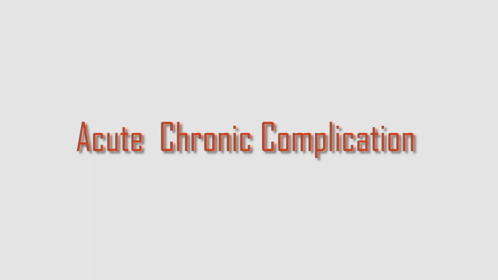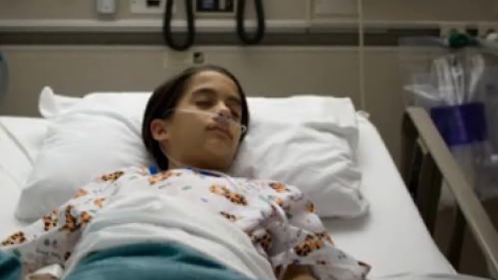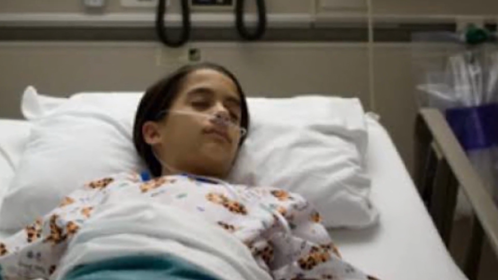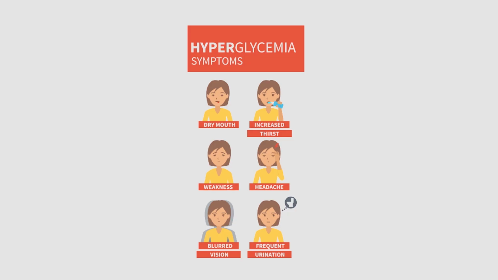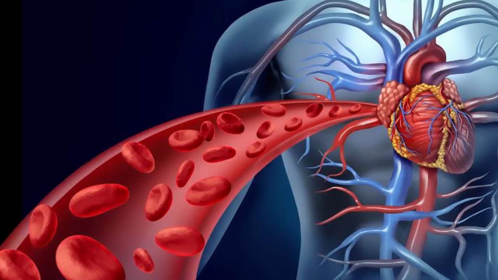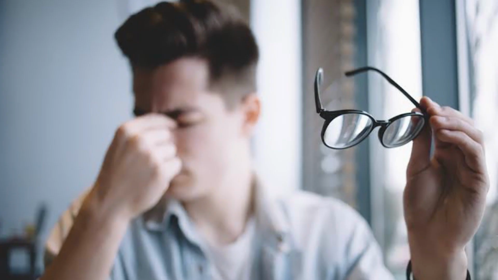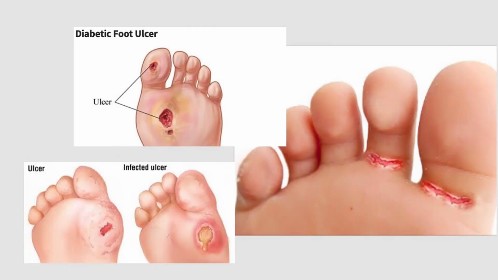What are the complications of diabetes? We have the acute and we have chronic. Under acute, we have diabetic ketoacidosis, which means life-threatening diabetic coma. That's diabetic ketoacidosis. You have hyperglycemic state, there's death, there's hyperosmolar, right? And for the chronic complications, we have cardiovascular disease, we have stroke, we have amputation, there's damage to the eye, which is blindness, and foot ulcers. So that's everything about diabetes: the definition, the types, the complications, and the treatments, also the medication.